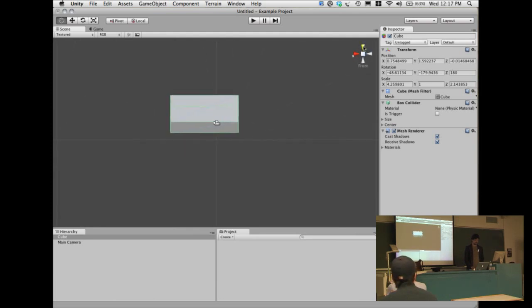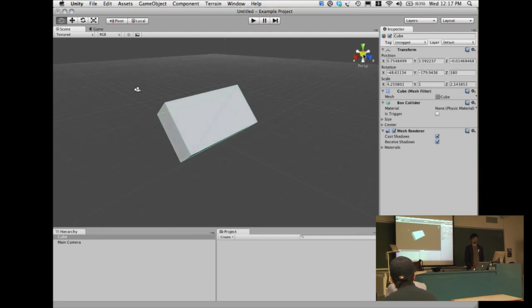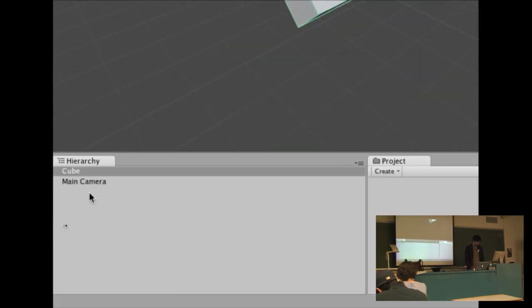It's kind of handy sometimes to look at your scene from different directions. If we want to go back to the free view that we had before, we click on the middle and it goes back to a free view of our box. The other thing we see is that when we added the cube to the scene, down here in the hierarchy, if I zoom in on that, an entry called cube has